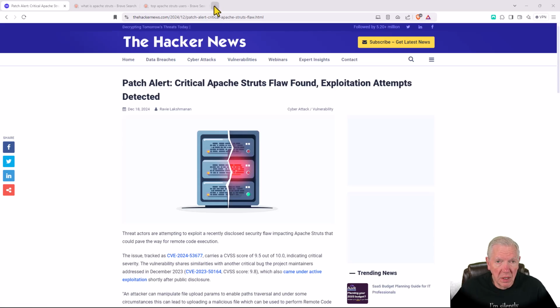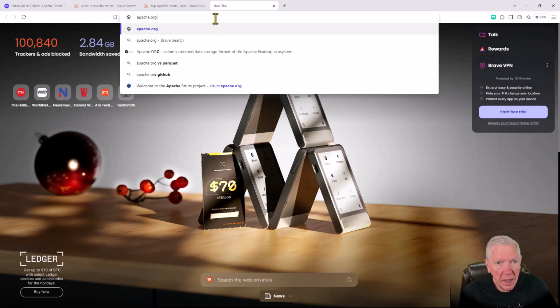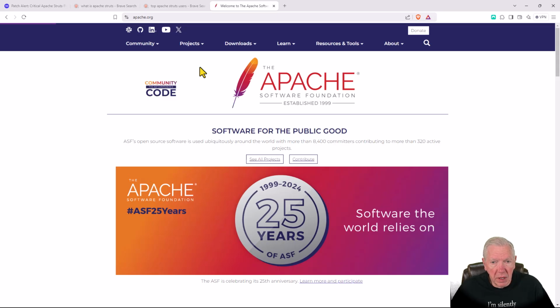So what I want to do is go out here to Apache real quick. It's apache.org. And I want to convey to you that these guys really know what they're doing when it comes to software development. I really like Apache. They've been doing great things for a long time. And if I look here at projects, they have a bunch of different projects that they have available. And this is one I was not aware of. It's called Struts. So the fact that there was an exploitation within Apache Struts causes me to wonder, what's going on here? So let's go back here and look at this.